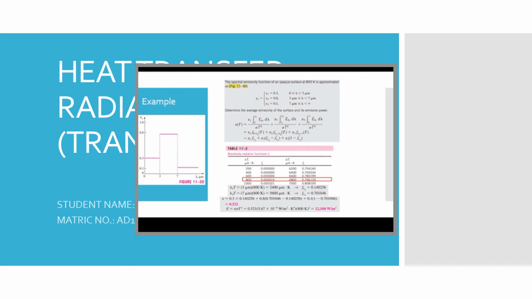into the emissivity equation gives 0.5 to 1. That is, the surface will emit as much radiation energy at 800 Kelvin as a gray surface having a constant emissivity of 0.5 to 1. The emissive power of the surface is